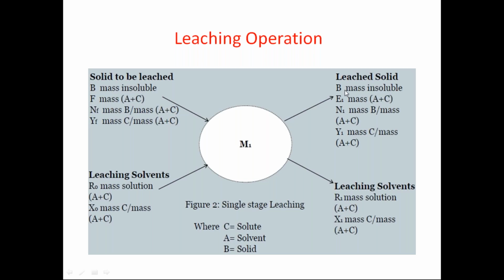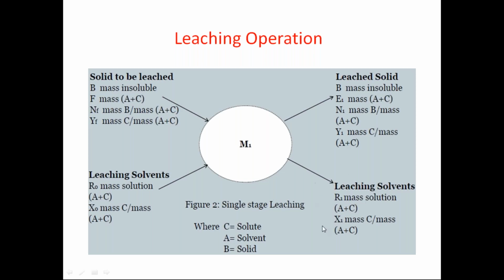What are the two different phases which we can separate? One is the leaching solvent. The solvent will be separated as a clear liquid. So that is called a leaching solvent. And then the remaining solids which are wet with the solvent will be separated as a slurry. So those are called leached solids. So leaching solvent and leached solids are separated.